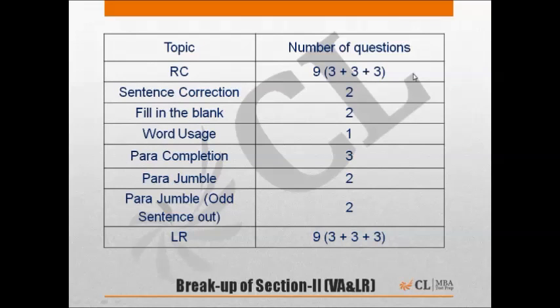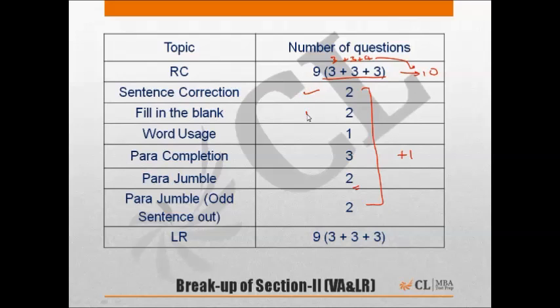In a normal CAT paper, you would expect 10 questions in reading comprehension with 3 passages, one of 3, another of 3 and another of 4. So normally you would expect a 3 plus 3 plus 4 combination, but in this case we have a 3 plus 3, so a very minor deviation, nothing too much to be worried about, which has resulted in one extra question out here, and that extra question is possibly from parajumble,